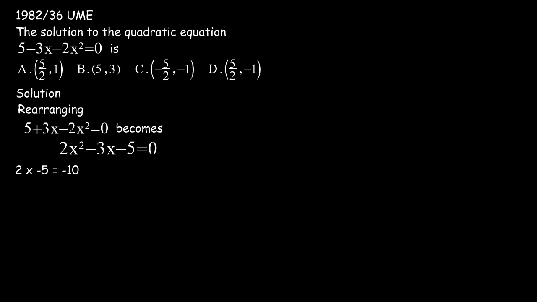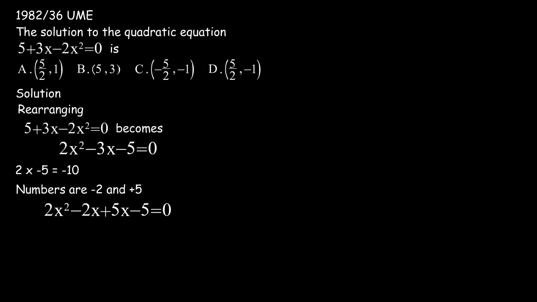Now we are going to be looking for two numbers which when we multiply them give us minus 10, and when we add them give us minus 3, which is the value of b. The numbers are minus 2 and plus 5, because minus 2 times plus 5 gives us minus 10, and minus 2 plus 5 is minus 3. So splitting minus 3s into minus 2s and plus 5s, it becomes 2s squared minus 2s plus 5s minus 5